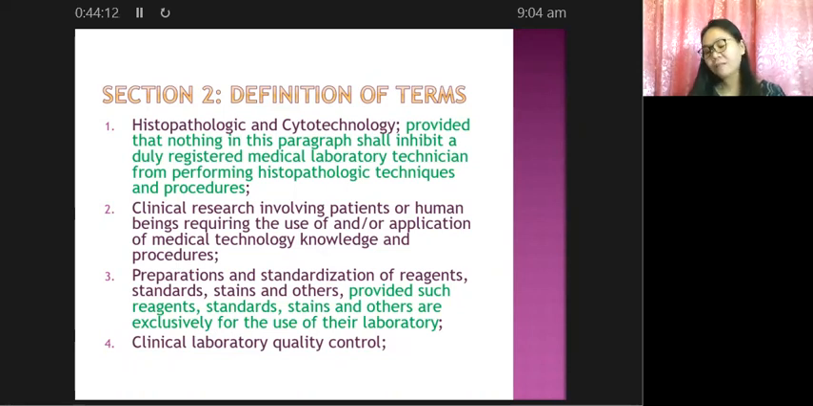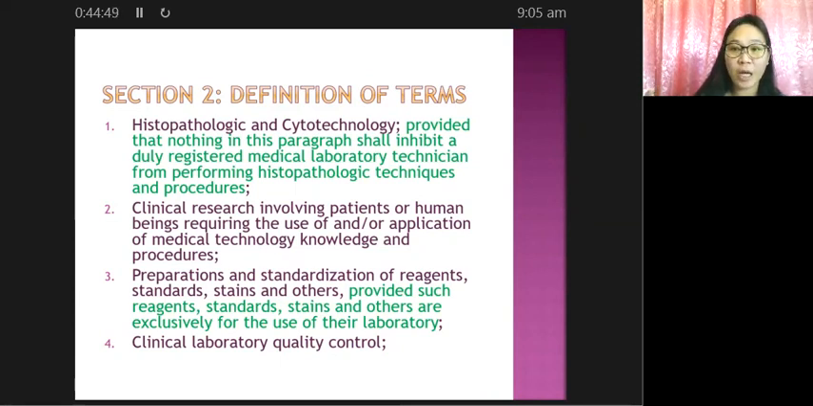Yes, the entire meaning of that particular section or law. Okay, so wait lang. Later, we will actually be defining also your medical laboratory technician. Provided that nothing in this paragraph shall inhibit a duly registered medical laboratory technician from performing histopathologic techniques and procedures. So that means your technician